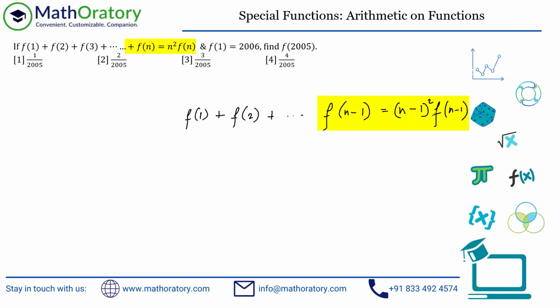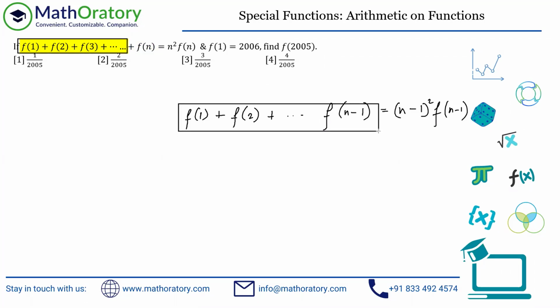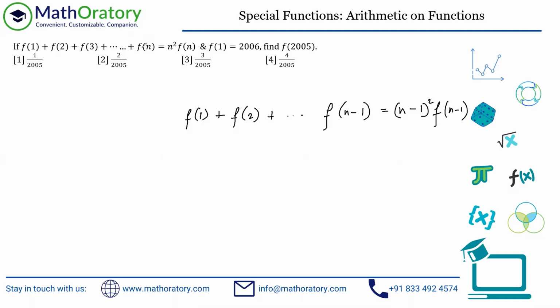If I'm ending it at n, it is n square into f(n). If I end it at n minus 1, it should be (n minus 1) whole square into f(n). Now, if you observe the original summation as provided, just before this term, it is up to f of n minus 1. So what we can do is rewrite this original one that is given as this entire thing.